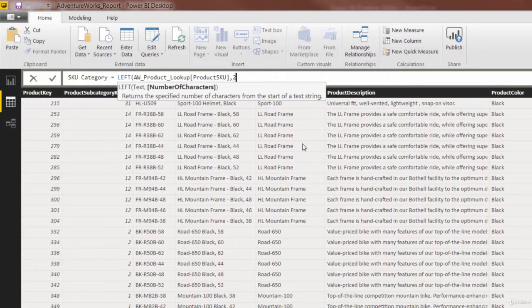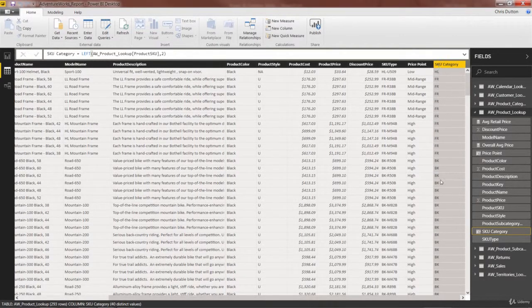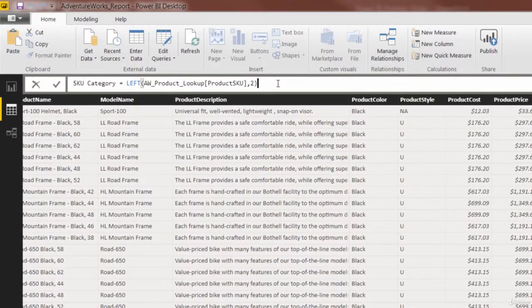So LEFT of product SKU, two characters, press enter. This is very similar to what we practiced in the query editor, and that seemed to work just fine. Now the bonus is to modify this to return any number of characters up to that first dash. So basically make that